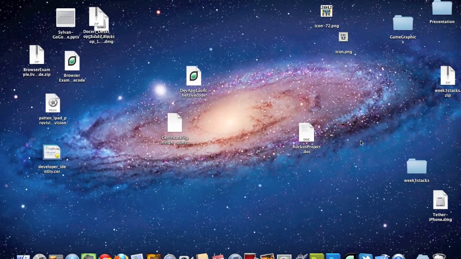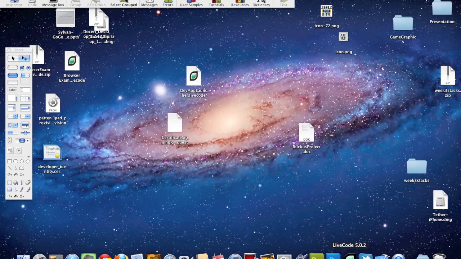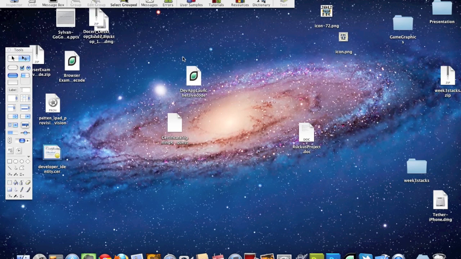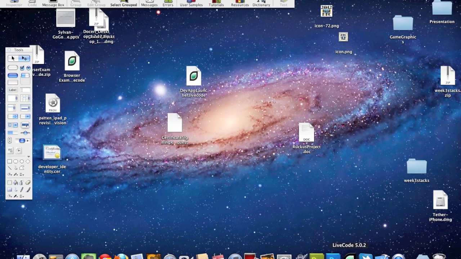To create an app, you need two things. You need LiveCode and you need Xcode on your machine, especially if you're creating an iOS app. Obviously, you need Xcode. Everything in LiveCode is an object, and all objects can have code behind them, or scripts behind them. So the first thing we're going to create is a little launcher app,